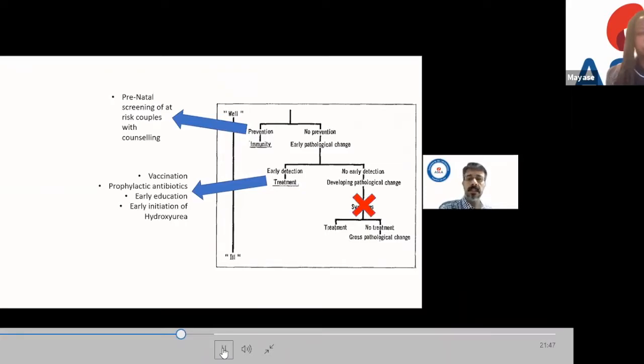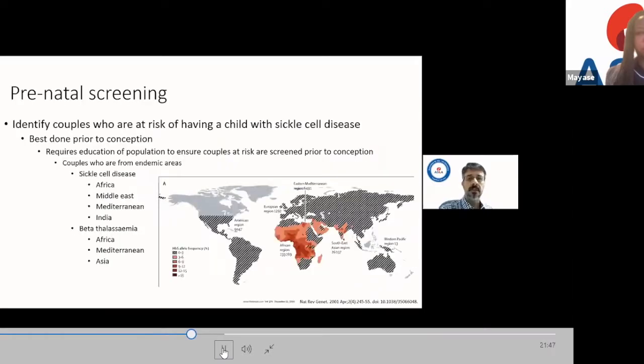Ideally, you don't want patients to present with symptoms and complications from sickle cell disease, which occasionally are fatal, such as overwhelming sepsis or a bad splenic sequestration in a baby where the family is unaware they have sickle cell disease. Those things can be fatal. So this is what we're really trying to avoid in any screening program.